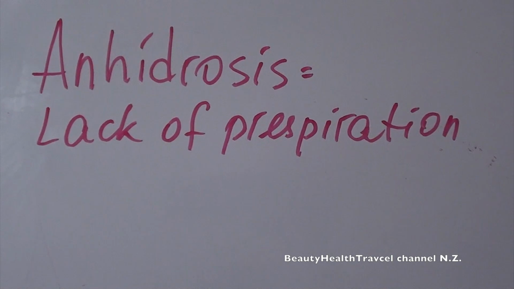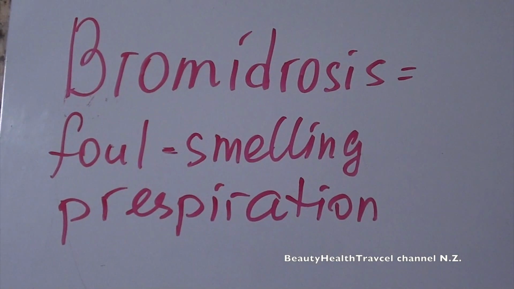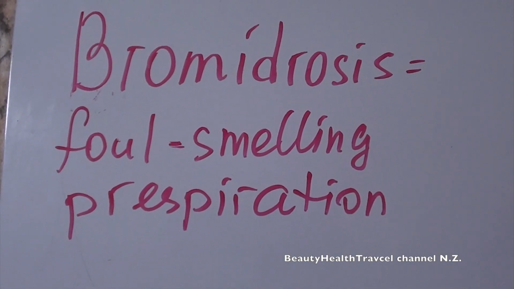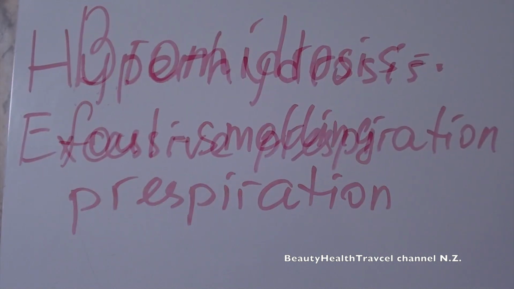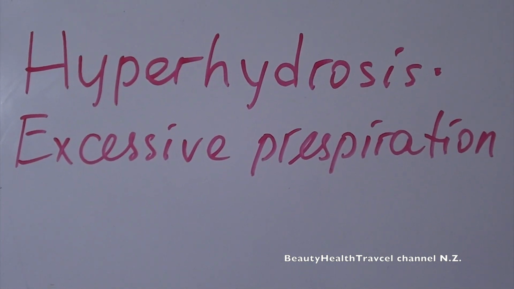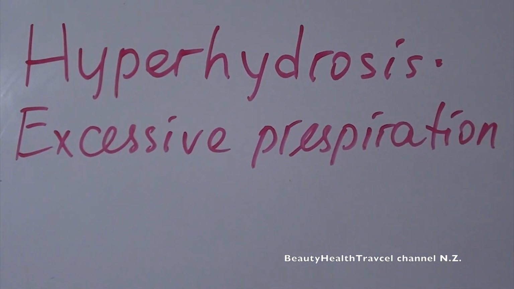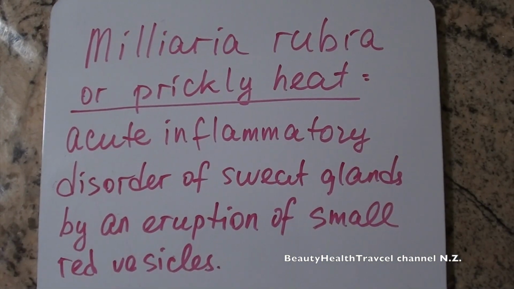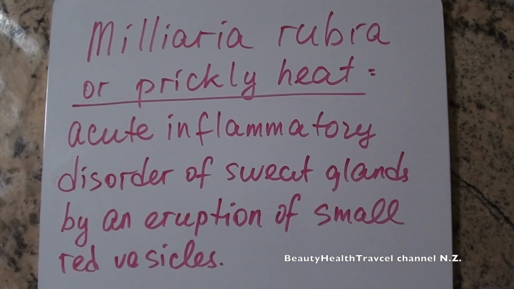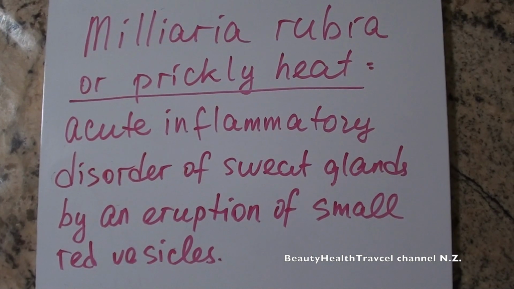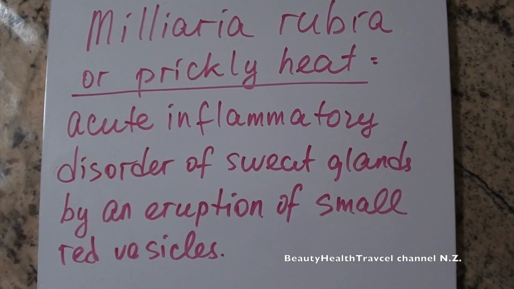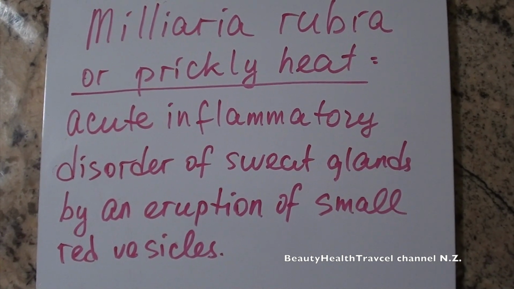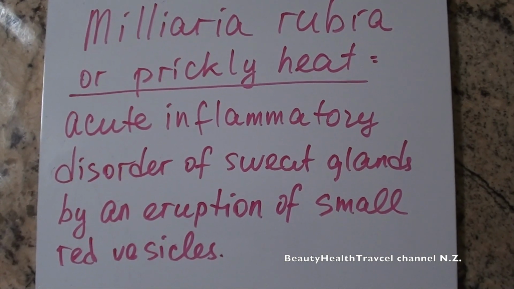Anhidrosis, lack of perspiration. Bromidrosis, foul-smelling perspiration. Hyperhidrosis, excessive perspiration. Miliaria rubra or prickly heat, acute inflammatory disorder of sweat glands by an eruption of small red